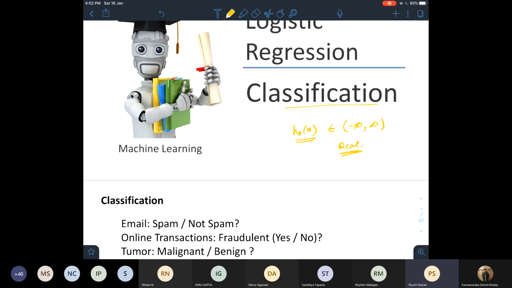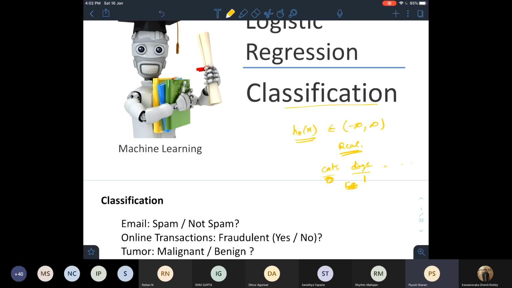But in classification problems, we actually want a discrete set of values. Say I'm classifying an image into cats and dogs. This image can't take 1.2 values. It can either be of 0 class or 1 class. Similarly, if I have many classes, it just takes some discrete set of values.